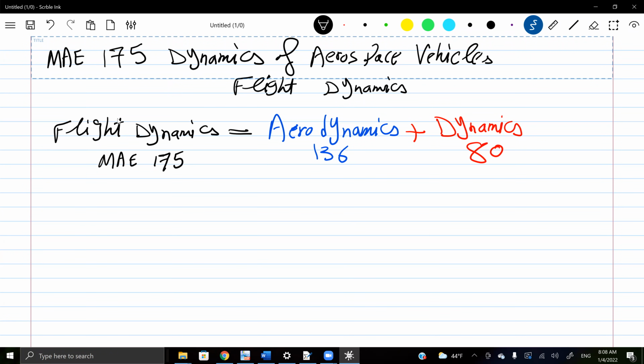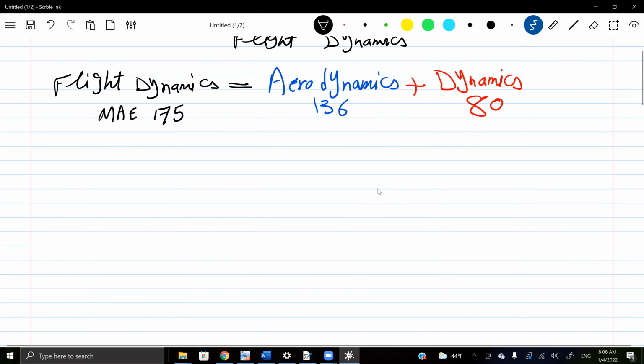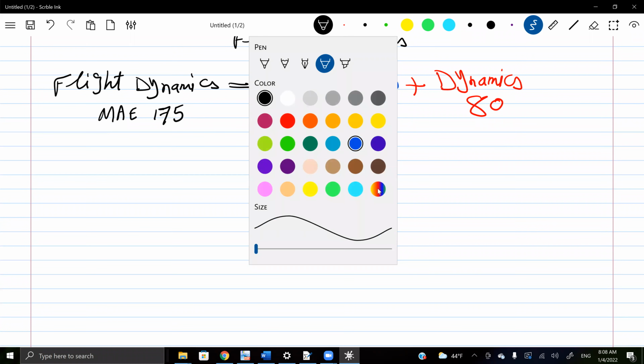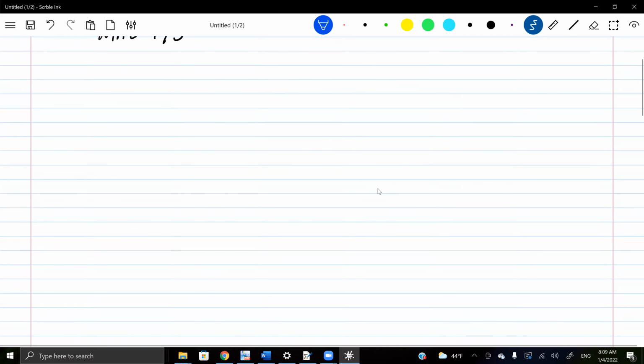Flight dynamics, this course that we're about to study, is the intersection of two disciplines, aerodynamics and dynamics. Let's try to refresh our memory about what is aerodynamics and what is dynamics. So let's recall what a typical problem of aerodynamics is. Here is a typical problem in aerodynamics. Given a wing shape, what we call an airfoil, moving with some speed, V,